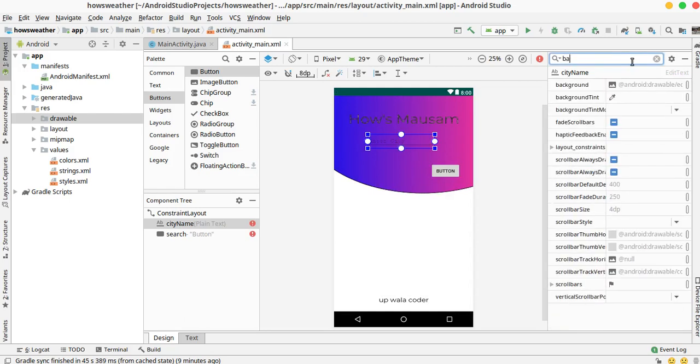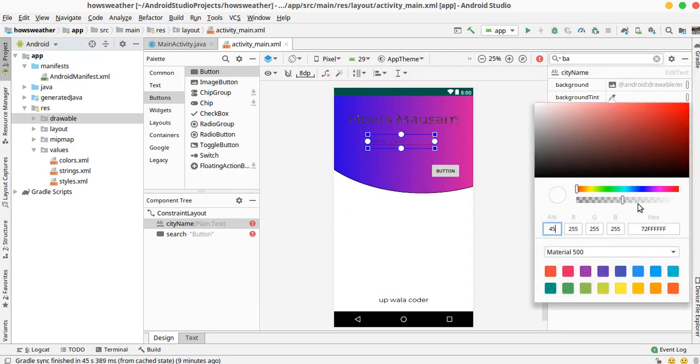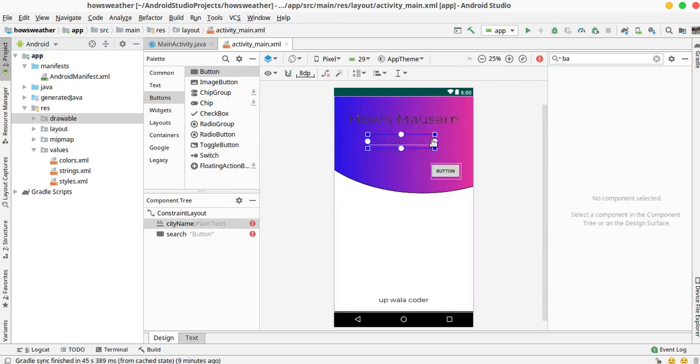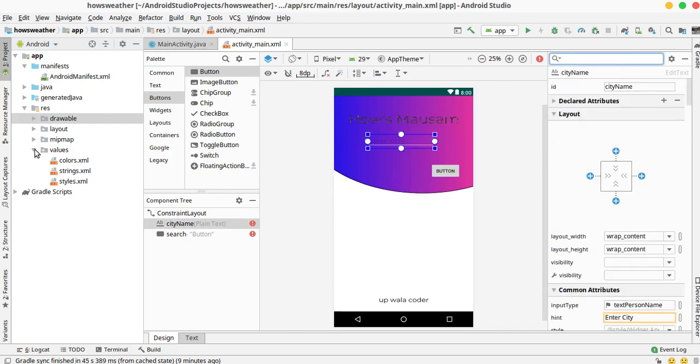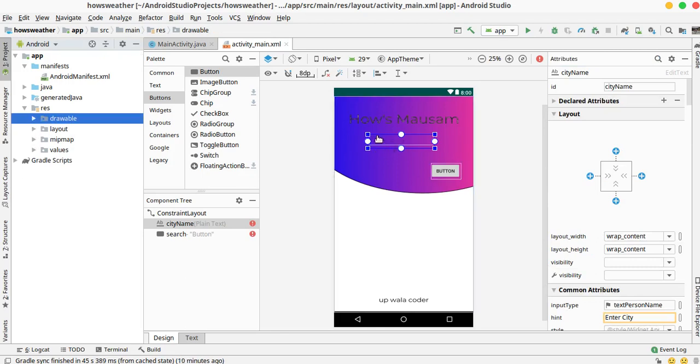Change the background color. I will make it white. Now the next step is I have incorporated one, to make this, to add some radius to this